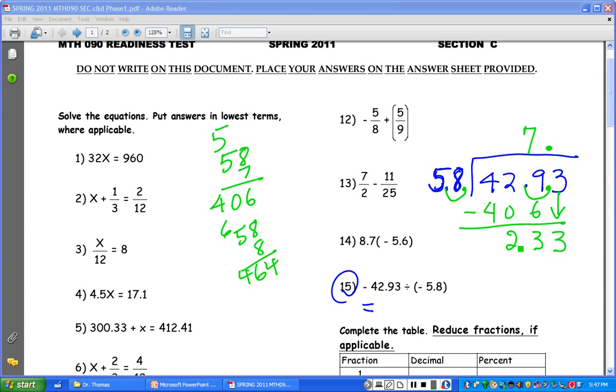58 goes into 233. How many times? Alright, let's try 58 times. And you really need to be neat when you do this, because you may need these numbers again, and you don't want to try to look for them like I'm doing now. You really want to be a little bit neater than what I'm doing. Okay, so 58 times what? Let's try 4. So 8 times 4 is 32. So that gives me